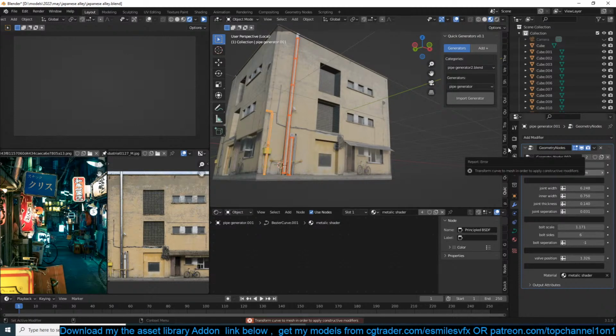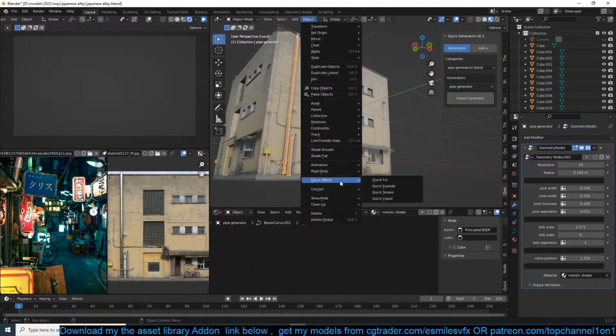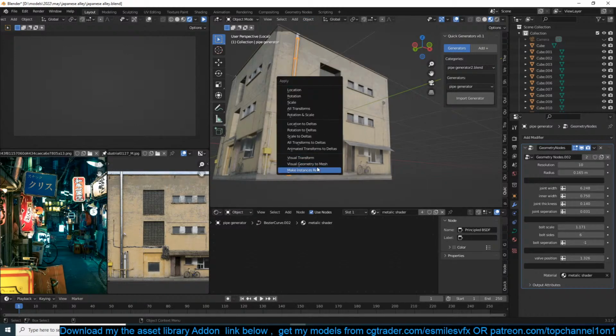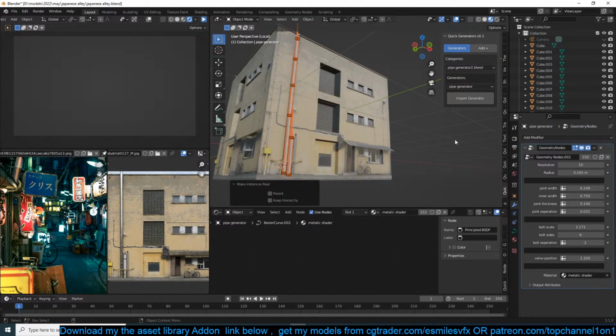You can apply the geometry nodes. Okay, why is this not applying? Let me see. Object. Let me apply visual geometry, make instances real, then remove.